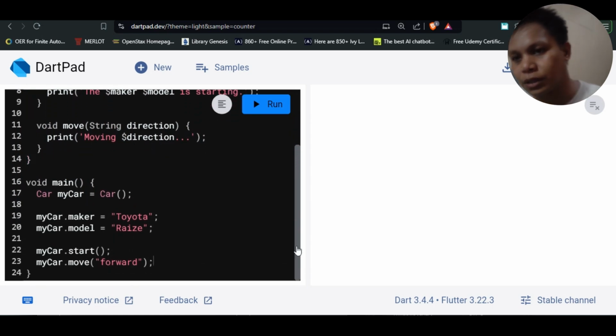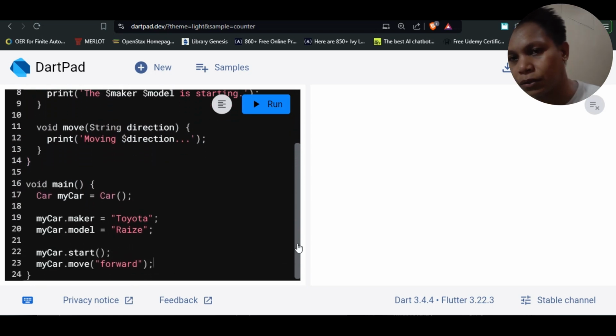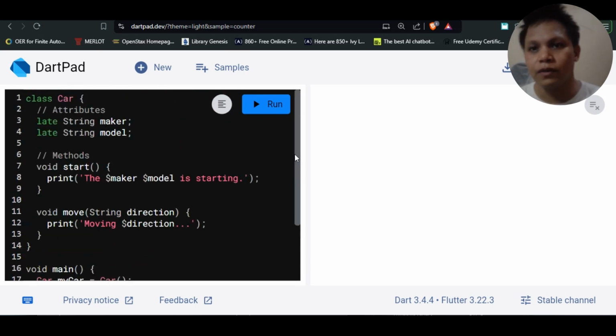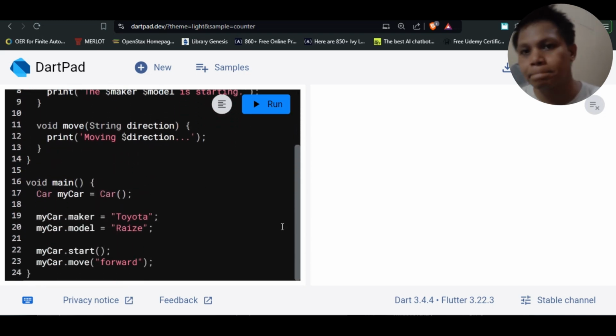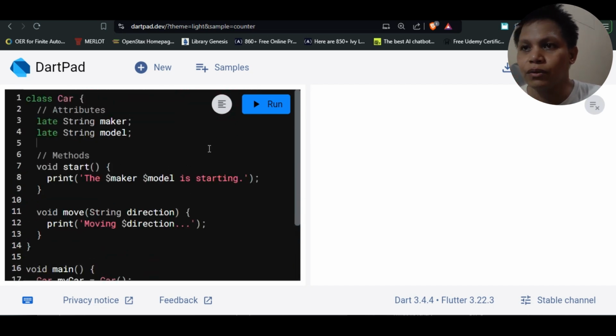Because once I show this in the slide, baka malito kayo. But yeah, these are the entire codes natin. And it ends at line 24. Now, if we're going to run this program,